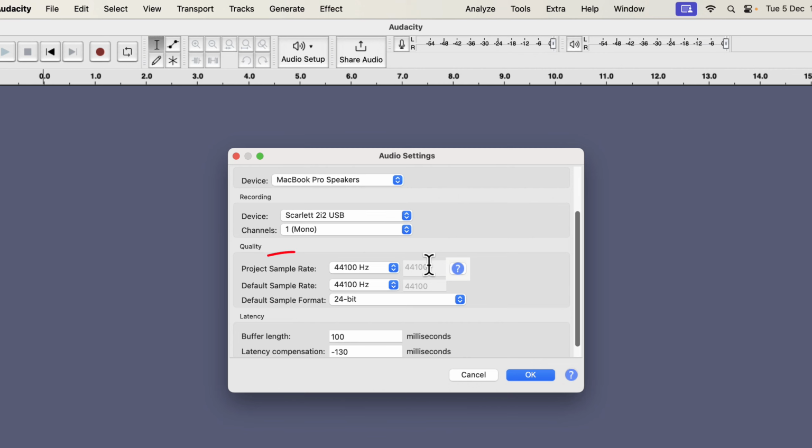I came to these settings for the sample rate and sample format. The microphone captures audio as an analog signal and must be converted to digital data to store on a computer. Sample rate is the number of samples taken per second during the conversion. Theoretically, the more samples are taken, the more details of the audio are stored digitally. It is under the quality section, and you can see two options, project sample rate and default sample rate. The project sample rate is for this project only, and the default sample rate works as the default value for